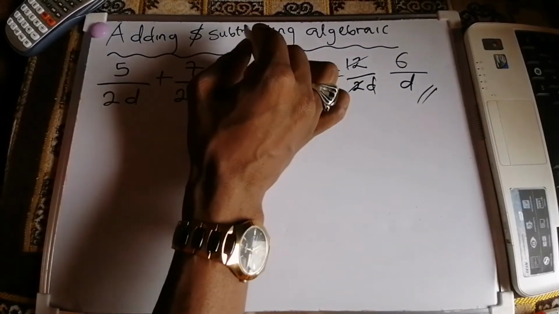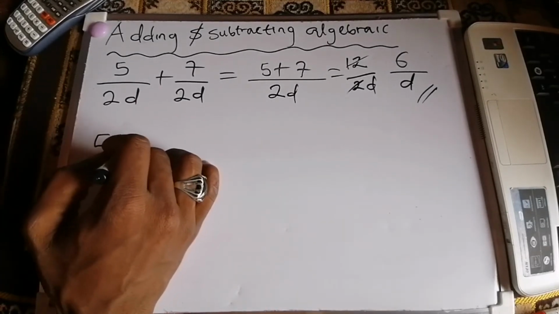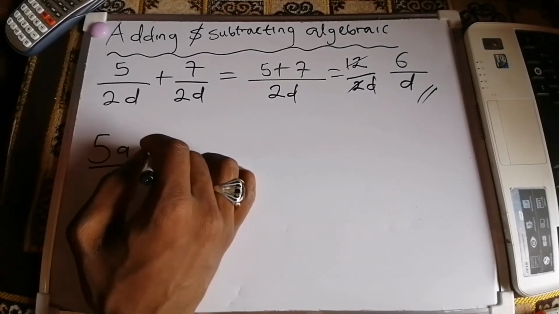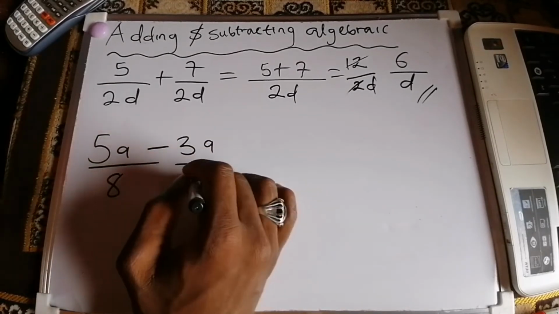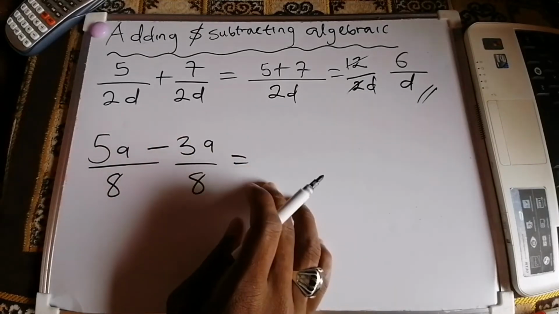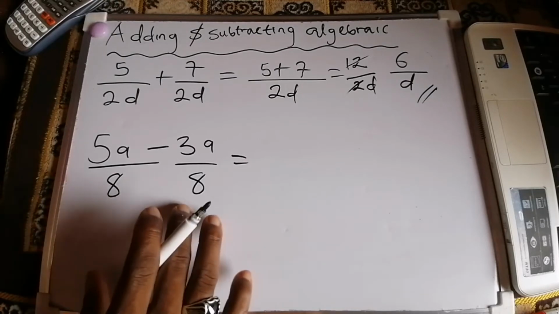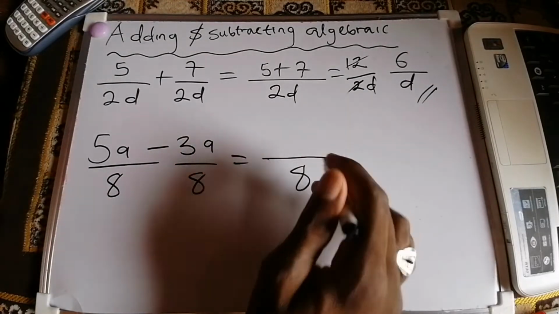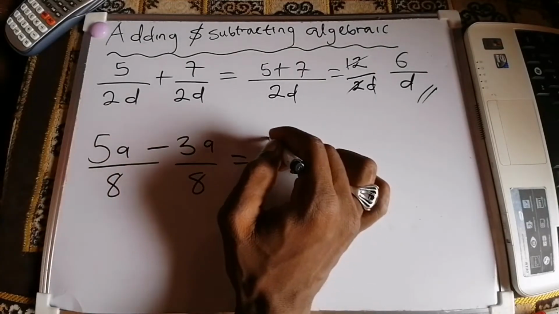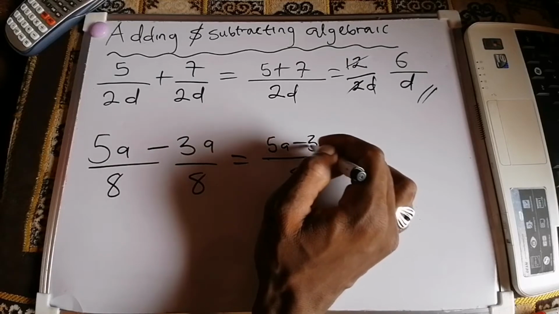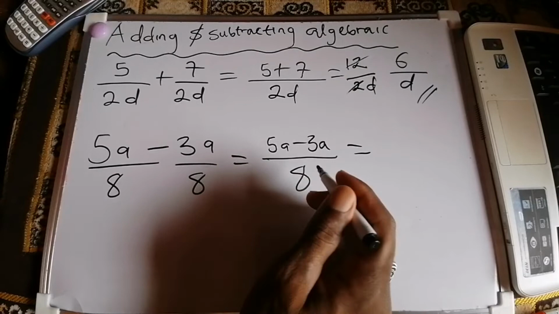So let's go to the subtraction. Assuming you are given 5a over 8 minus 3a divided by 8. So this is very simple. Since here we have 8 at the denominator in both, we are going to take only one 8. So 5a minus 3a equals 2a